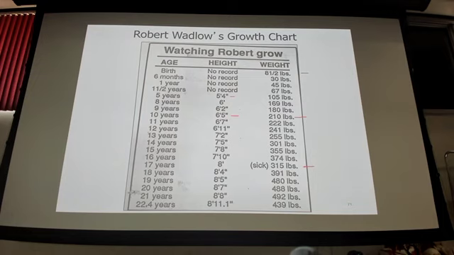Especially, I mean, this is a unique case. But 17 years old, 8 foot tall, 315 pounds. If you had to guess, what do you think the main organ suffering in this patient would be? His heart. You know how hard it has to work to pump blood through 8 foot 11 inches of body. His heart was like a cow heart. You remember the cow heart? His heart was probably that big or maybe bigger by the time he died, honestly. And so heart failure, I think, is how he actually did die, or maybe a pulmonary infection.